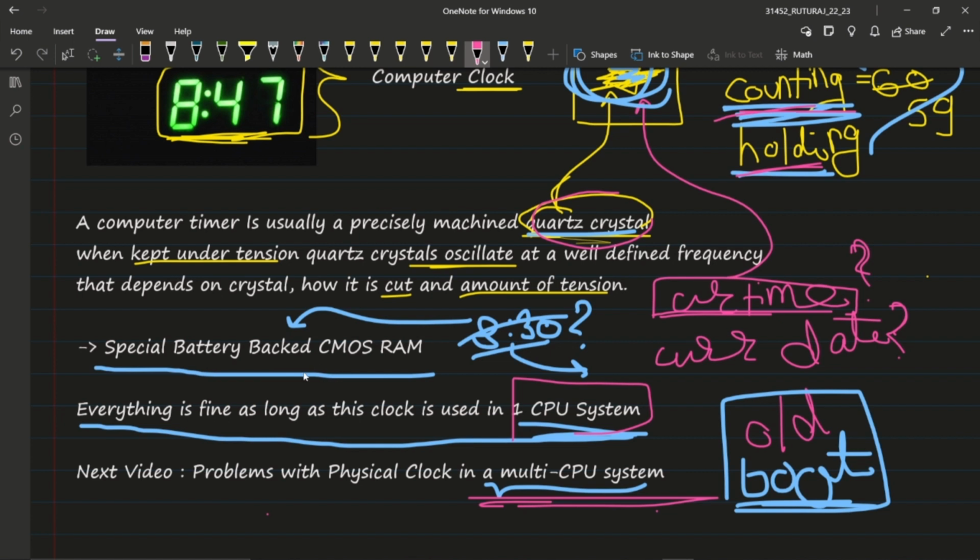CMOS RAM. This is a storage mechanism. It actually keeps track of the current time, so you don't have to set it again and again. That is the advantage of special battery backed CMOS RAM. Okay, this one. Next, we saw everything is fine as long as the clock is used in one CPU system. जब एक ही CPU system होगा like this one,